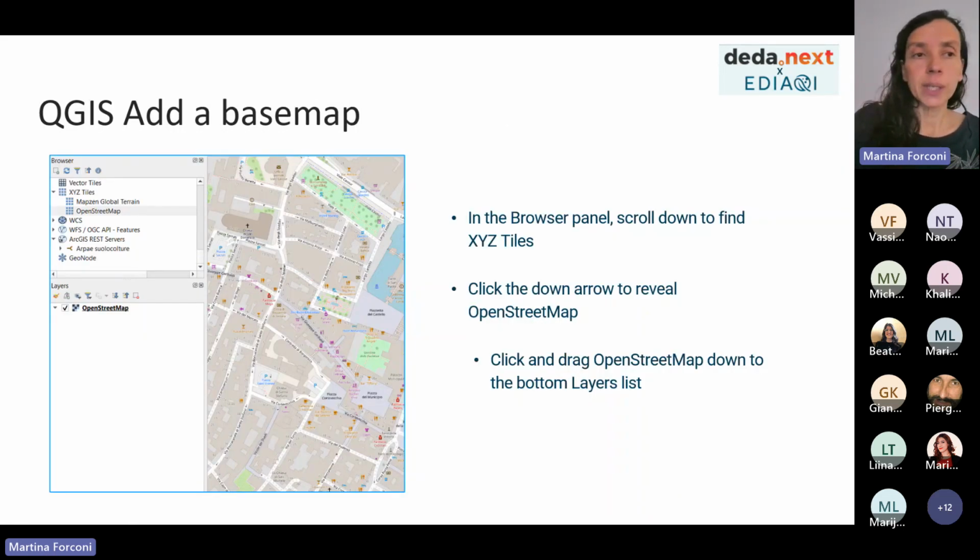A suggestion is to start with a base map, OpenStreetMap. So from the browser panel, you can add, in the XYZ tiles, the OpenStreetMap, and then you drag it, but we will see later, in the layer list.